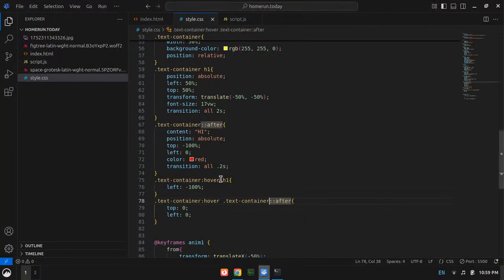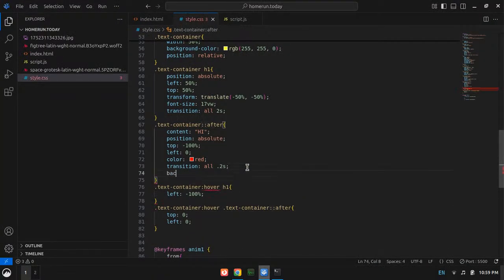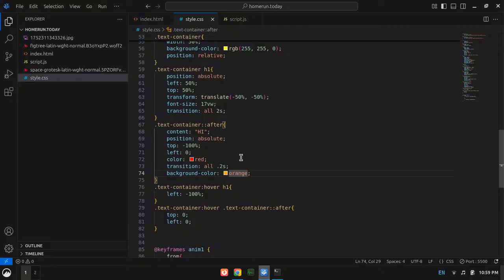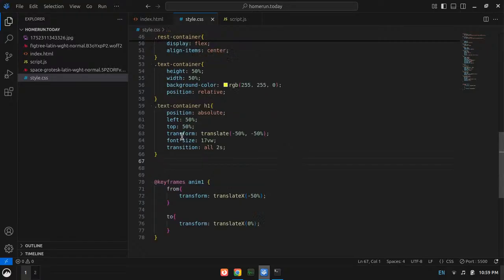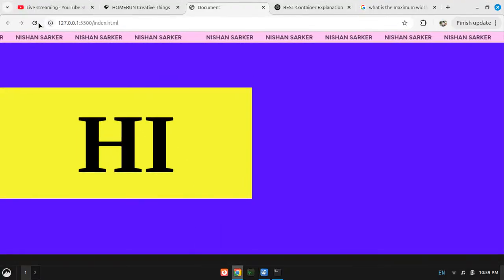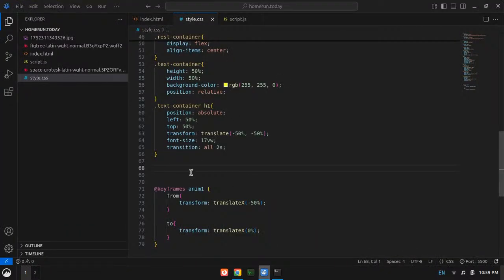Where is the text container's after element? Background color orange. Where is its background element? Okay, wait. All I need is the after element of the background, right?